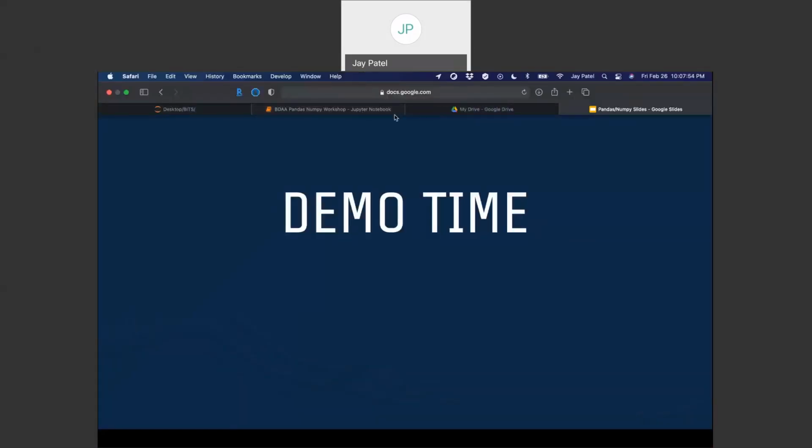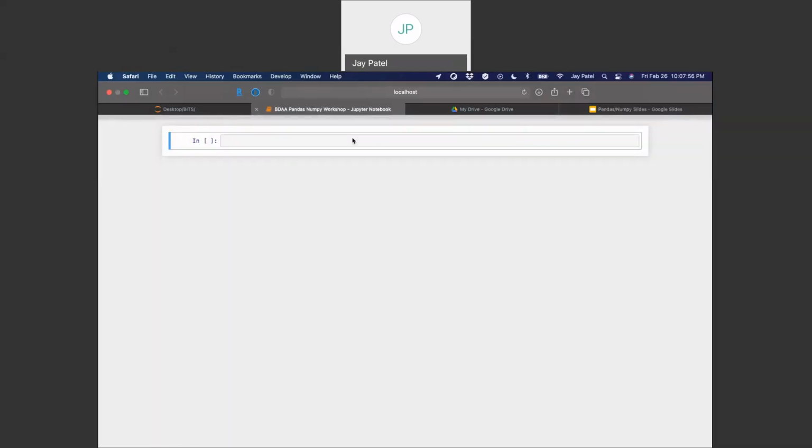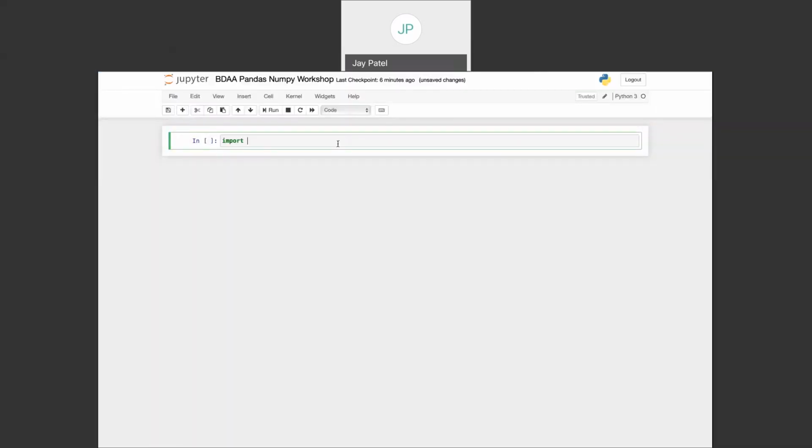And now let's start actually doing the workshop. So the first thing you're going to do is import the pandas library. So we're going to import pandas as pd, pd obviously short for pandas, and we're going to make a data frame. So this is a data frame. We're just going to make it stand for df. df is going to be equal to pd.read